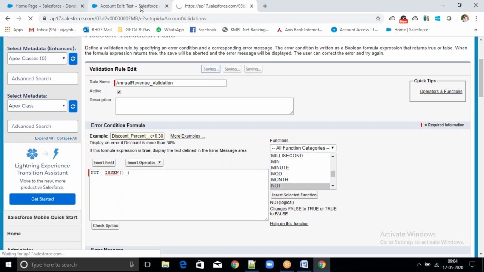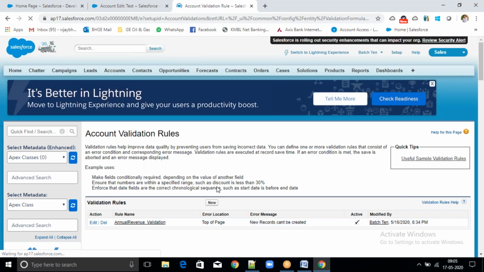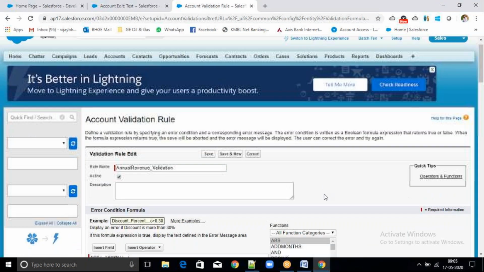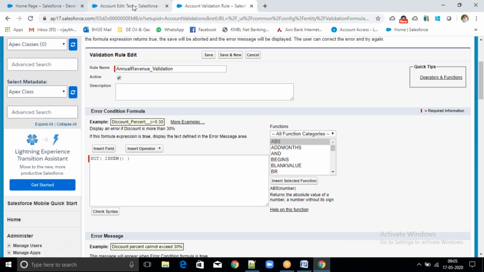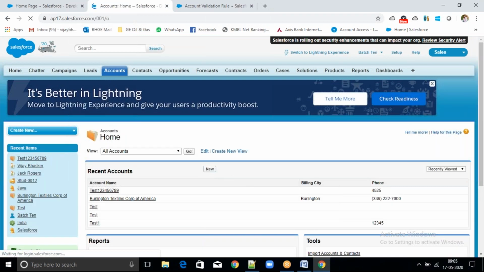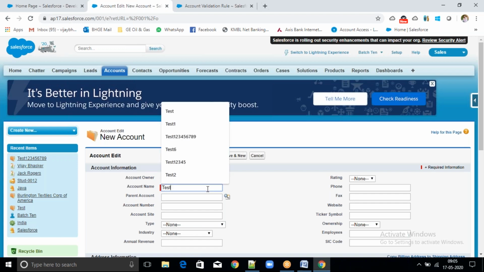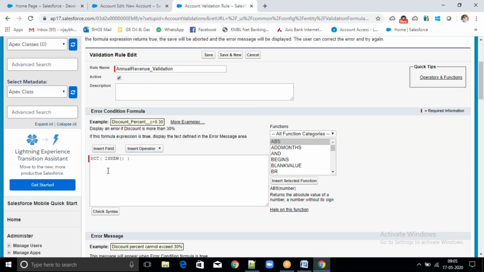So let's click on save. Earlier it was showing an error, right? Now here we'll check. Click on edit. Now this is a new record I'm creating. I will click on tab, click on new. Now I am creating a new record. Now it will check whether this is a new record. Are we creating a new record? Yes, it means it will return true.